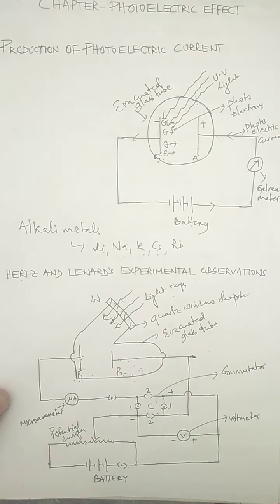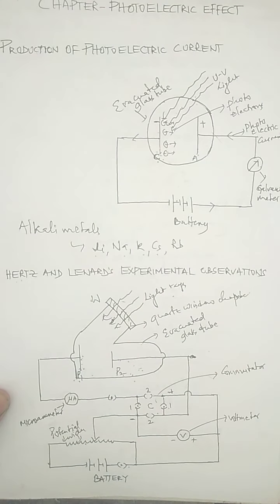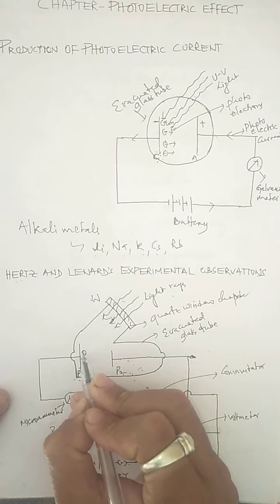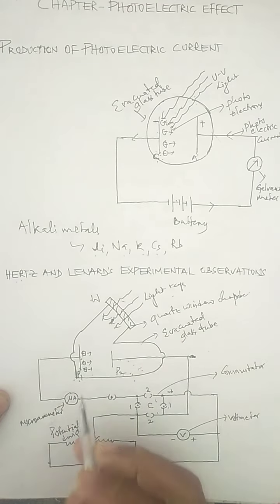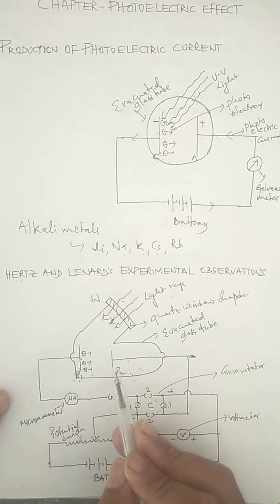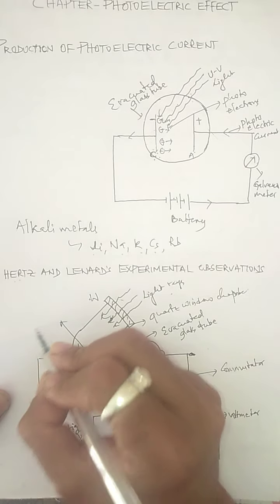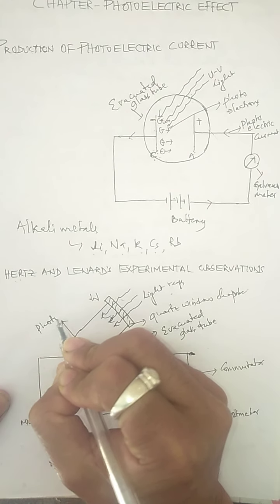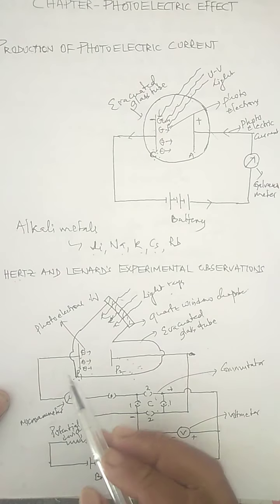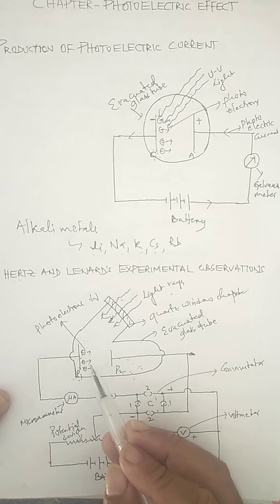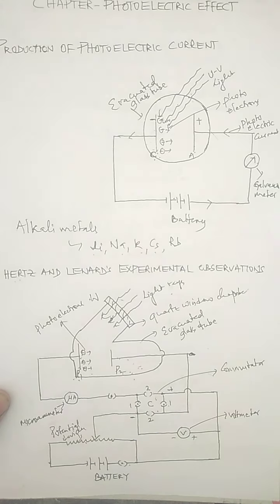So in this case, what was observed is that as soon as this light is made incident on this plate P1, there was an emission of electrons from this plate. So these are all the electrons emitted from this plate, and these electrons reach the plate P2, and we call these electrons photoelectrons. So children, these are what electrons? Photoelectrons. So there is an immediate emission of photoelectrons from this negative plate, and all the photoelectrons emitted from the negative plate reach the positive plate.